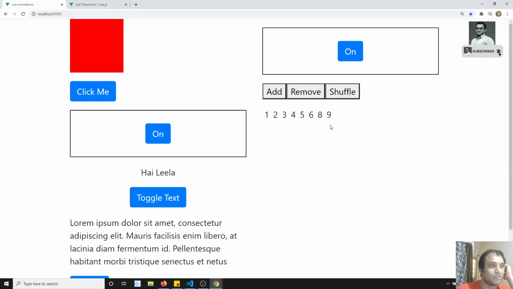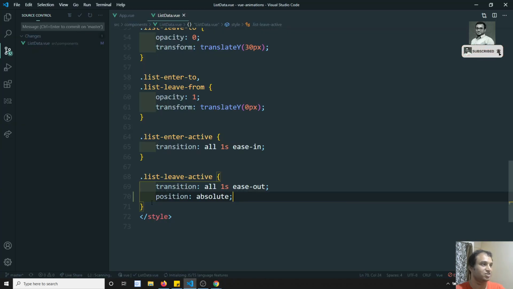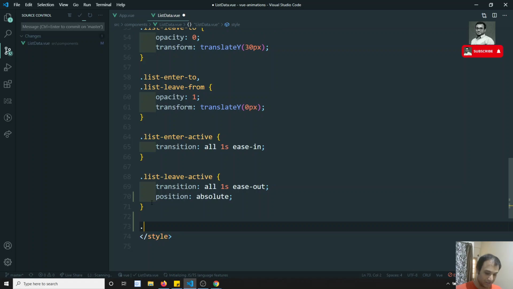Now if I click on remove item, you are not able to realize that in between, if I try to remove, immediately these are pushing to this side. Instead of shifting immediately to the left side, if we apply a transition, it will be very nice. How can we apply the transition? We use .list-move. This is the class which will take care of this transition.